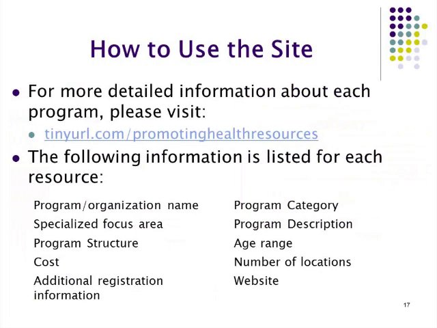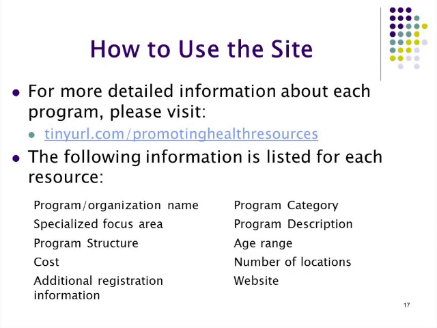So I know that was sort of quick, but that was a basic overview on how to actually use the map section of the site. To accompany the map, ICAP has actually pulled all of that information from the maps into a detailed spreadsheet. And that is available at the link at the top of your screen. Again, it's a tiny URL website, but instead of promoting health map, it's promoting health resources. And again, if you don't remember that link, that's okay. This is available on ICAP's website as well.